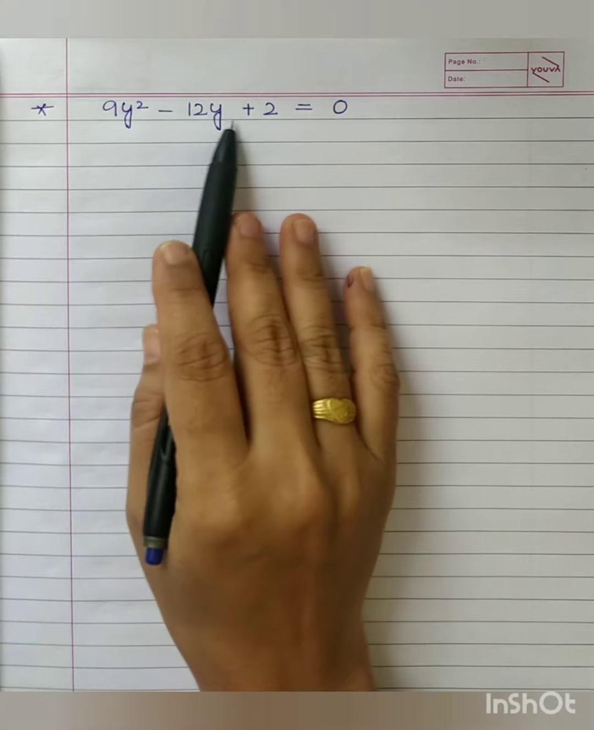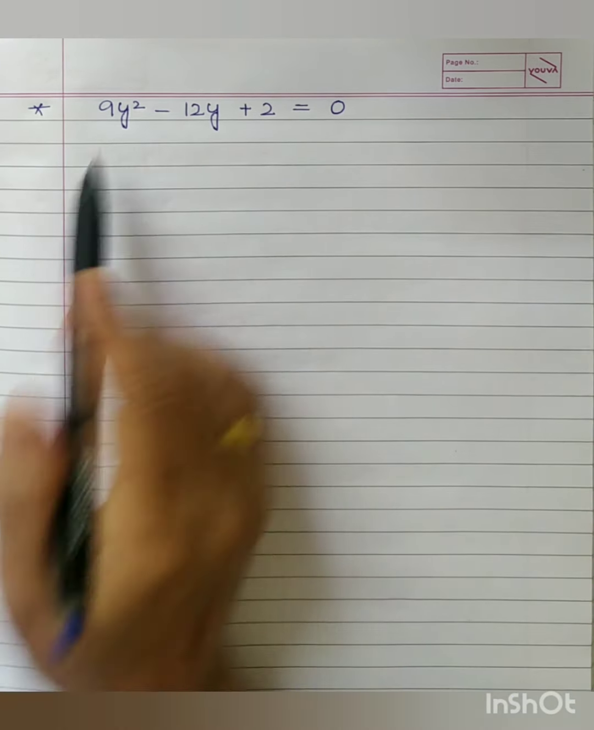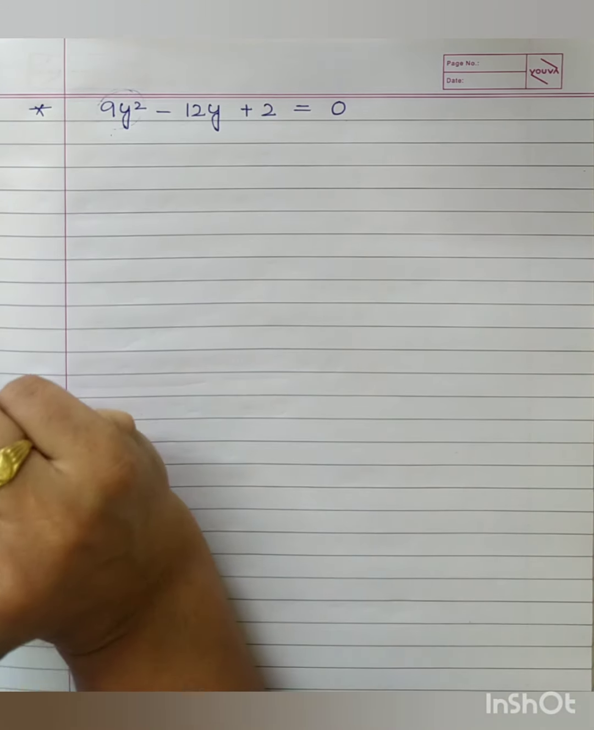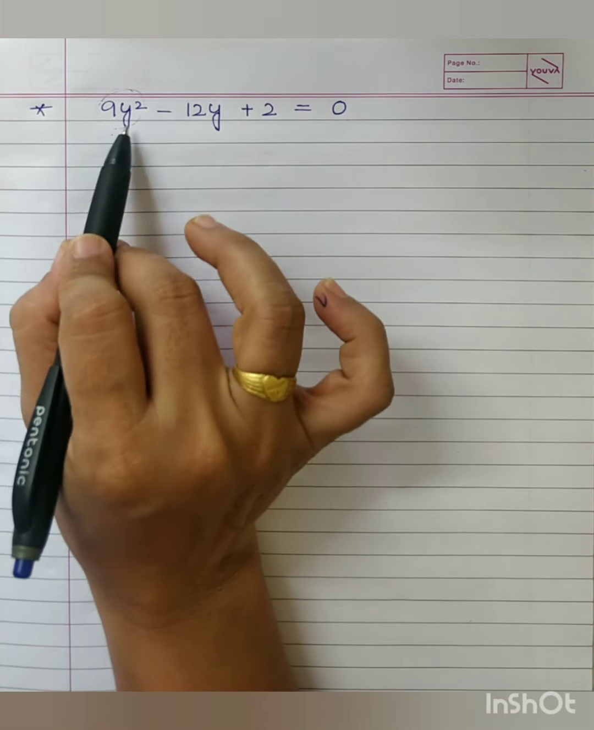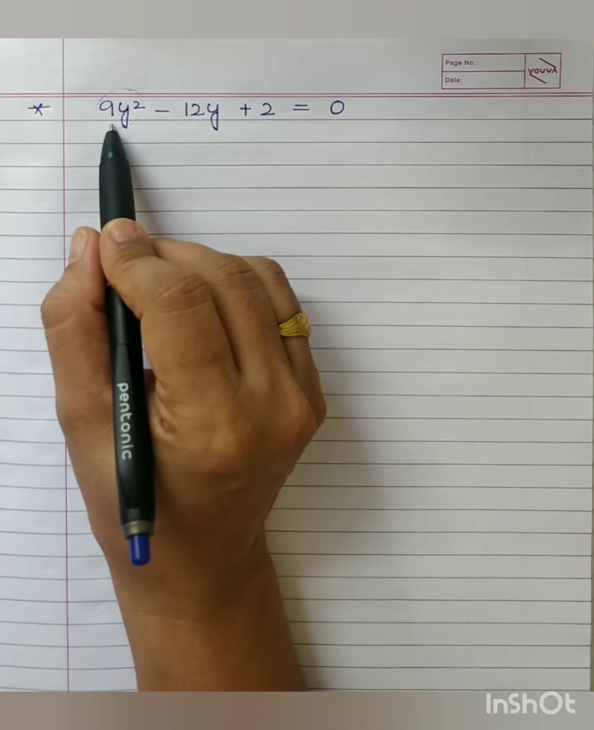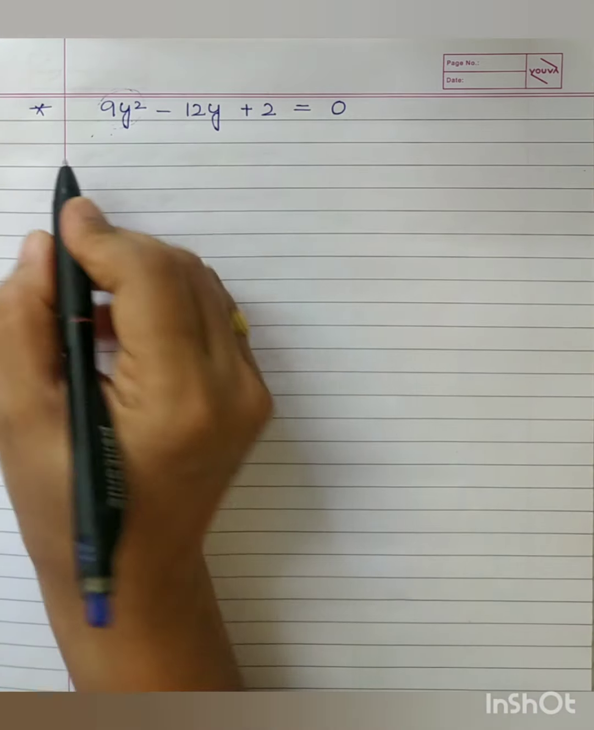9y square minus 12y plus 2 is equal to 0. Is it in standard form? Yes. Second step, check what is the coefficient of y square here: 9. So what I said, the coefficient of y square should be 1. So in order to eliminate this 9, what you will have to do is divide both sides of this equation